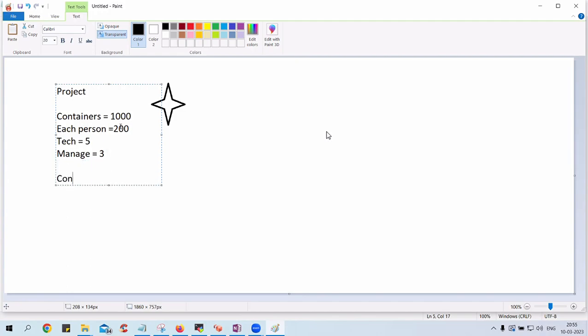Let's see one more use case. Let's say there are 10,000 containers, as business has increased. So now the transaction became 10,000 containers per day. That means applications are getting created, 10,000 accounts, a lot of transactions happening, right? So let's say, as an example, each person can handle up to 200. Now, how many technicians are required?